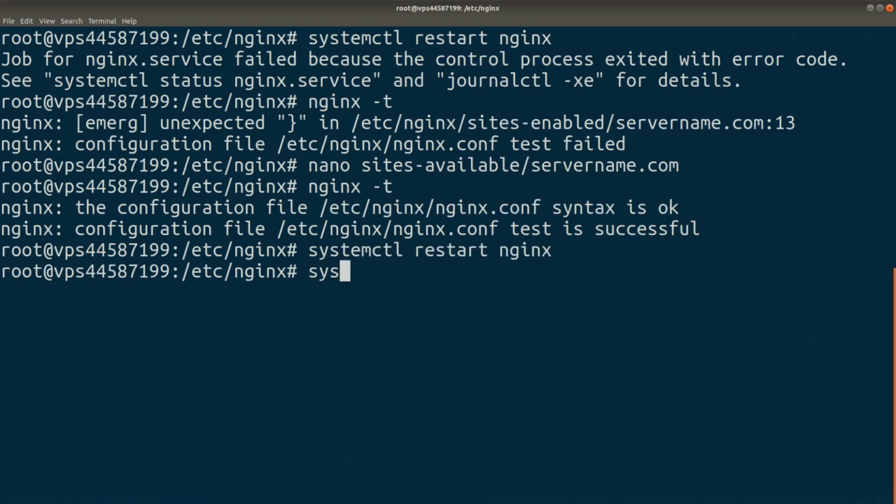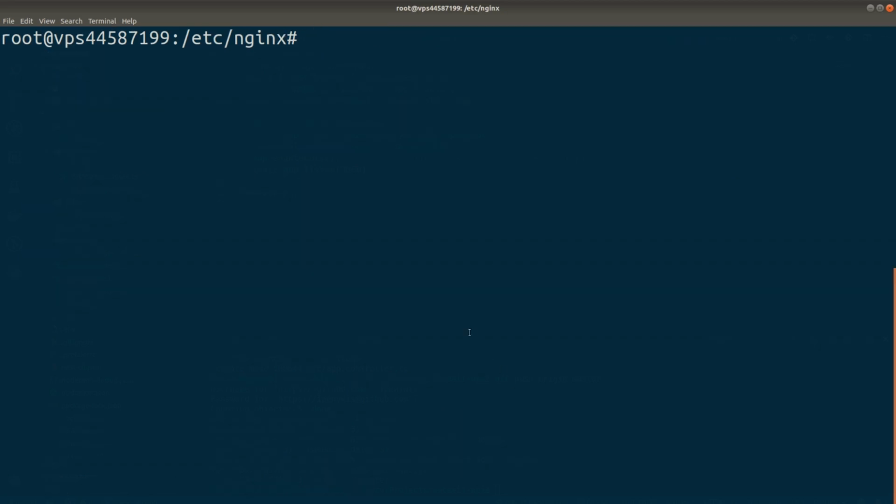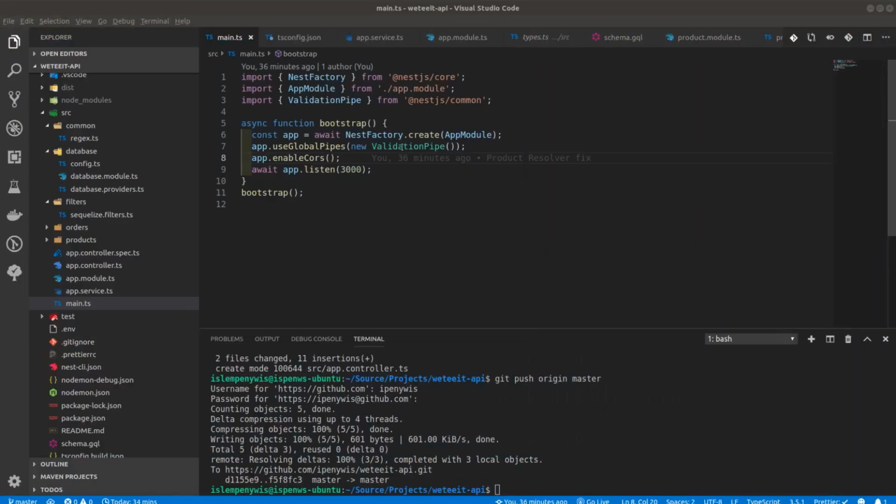Again, now Nginx is restarted. You can do systemctl status nginx, and it's clear to see Nginx shows up as actually running. Pretty great. Now we can just get rid of that, and if you go to our IP address,